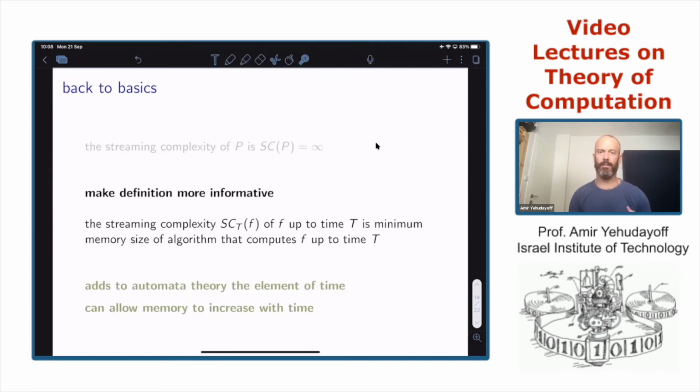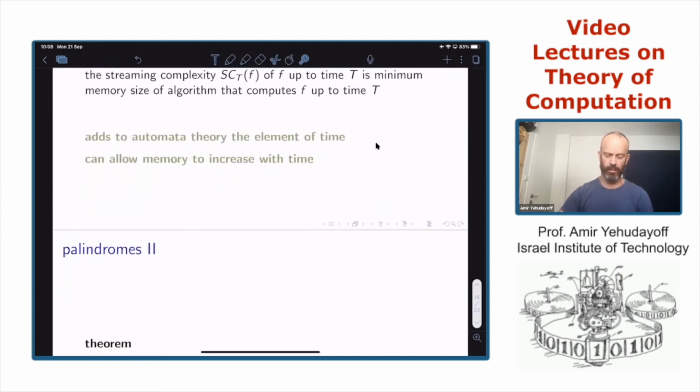From an algorithmic perspective, we can think about it as algorithms that can increase the memory size as time goes on. So this is a different perspective on this slight change in definition. Now we want algorithms that can, from time to time, add some bits to the memory.